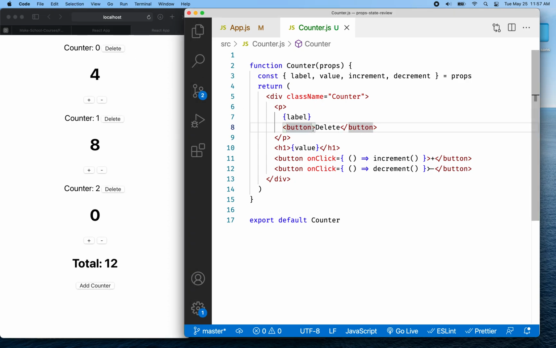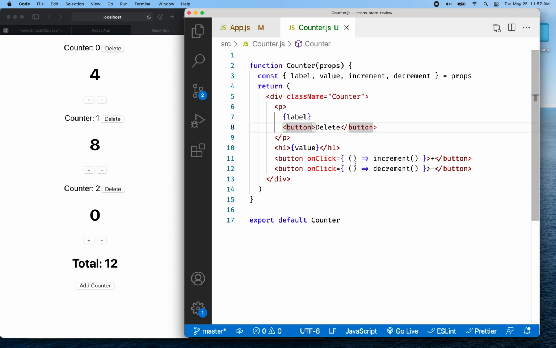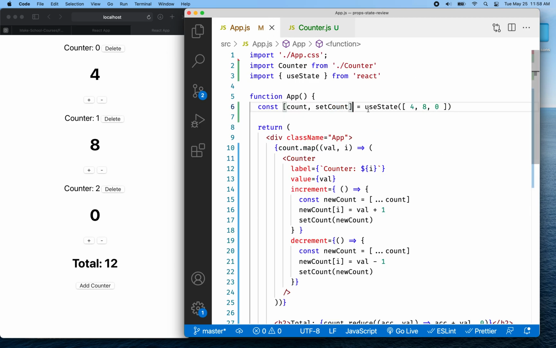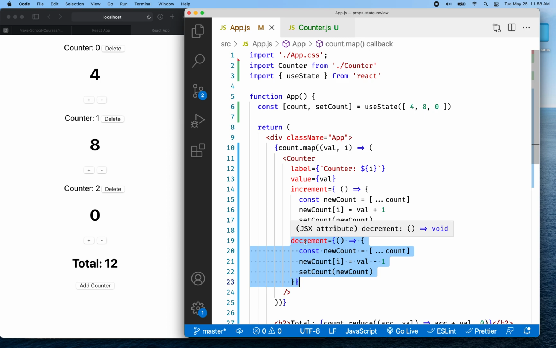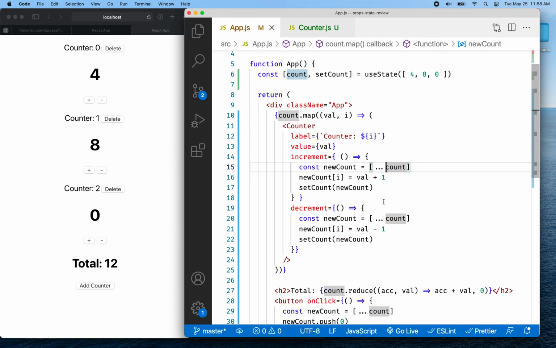And then this button's going to have an onClick like this, but then it's going to have a function that it can call, and that function is going to have to modify state in the parent. That means we're going to have to pass a function down like we did here with decrement and increment, okay? So let's leave this button here for now, and then we'll go back to app.js